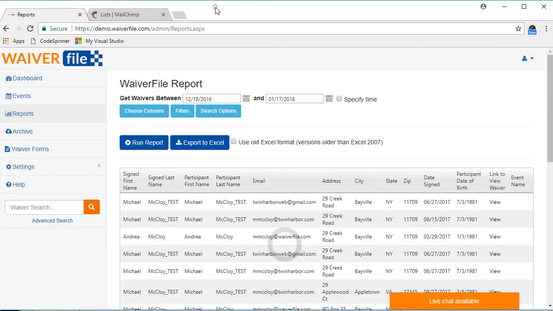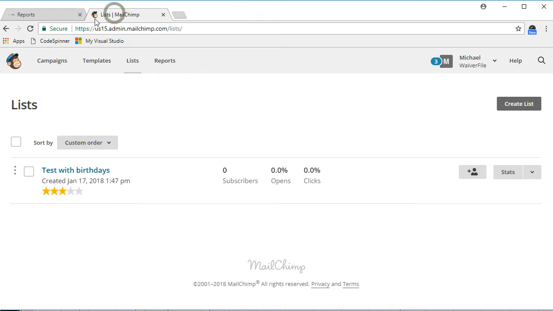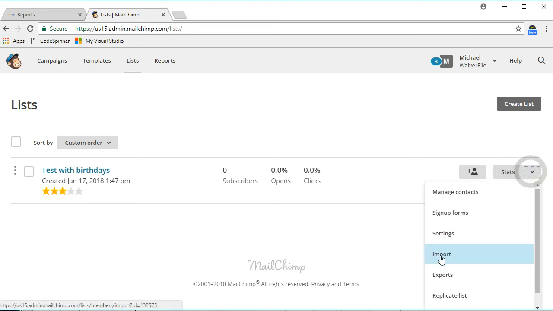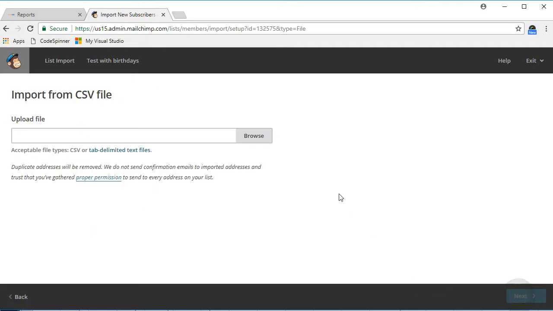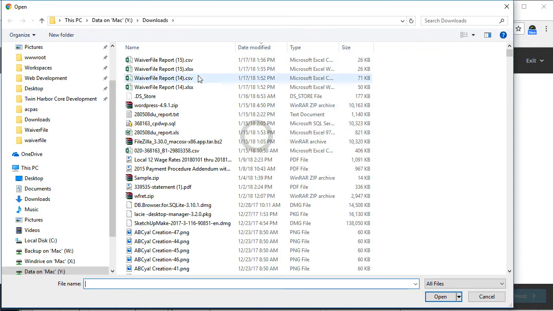And click on Save. And it says, do you want to keep this format? Yes. So now we can jump over to MailChimp, log in, go to Lists, and we'll go ahead and click on the arrow next to List and click on Import. Then we're going to click on the CSV option. Alternatively, you can do copy and paste and just copy that data over, but I like to do the CSV option. So we'll click on Next,